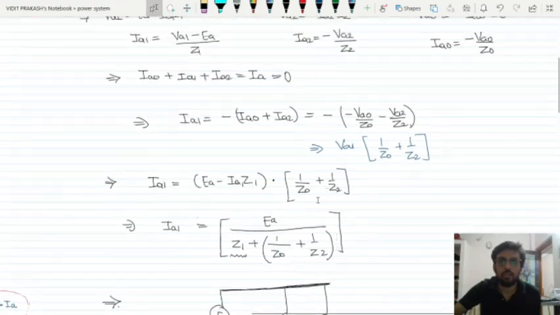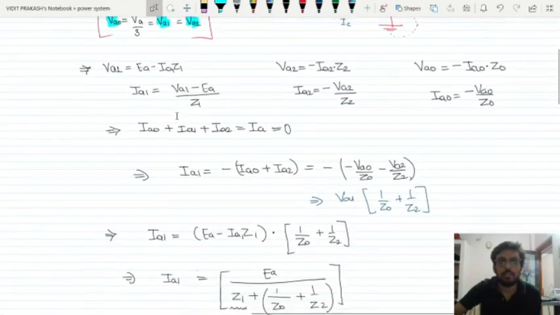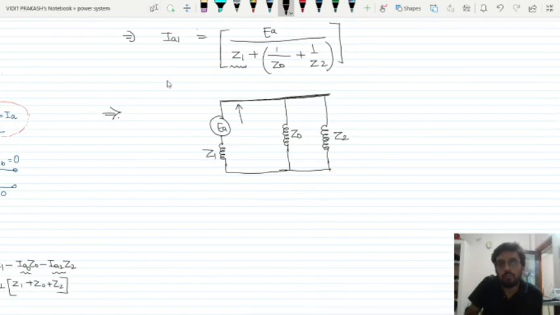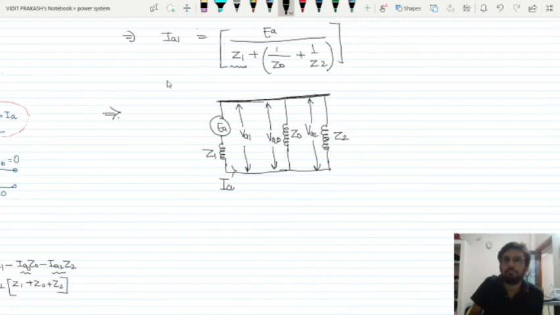And from here also we can analyze that all the voltage, all the symmetrical component voltage, is the same. So this is VA1, this is VA0, and this is VA2. All the voltage is same. And what is the current? Current will be IA, this is the reference bus, IA1, which flows in this direction.